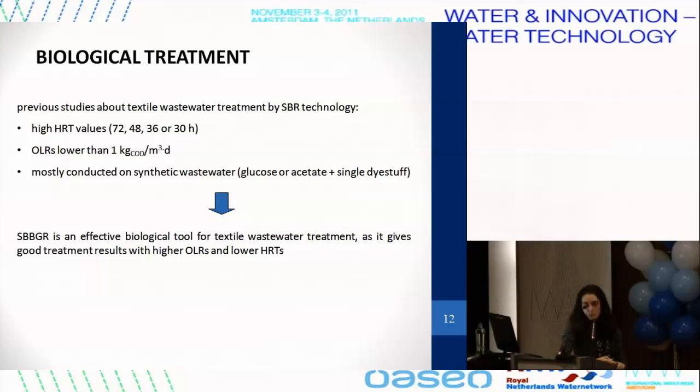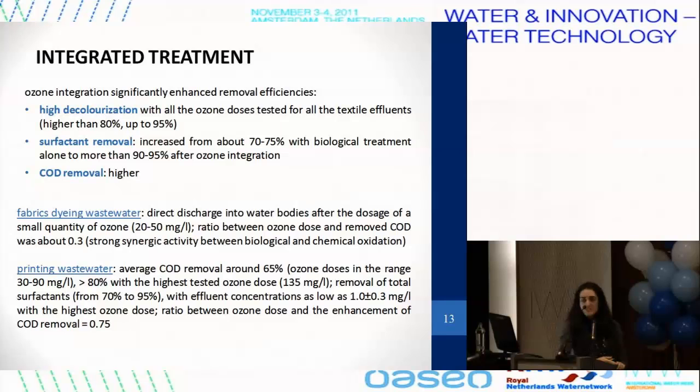with the real wastewater. Of course, with the integrated treatment, we were able to significantly enhance the efficiency with quite complete decolorization and surfactant removal, and of course an increase also in COD removal. And the best results were achieved with the fabric wastewater, for which it was possible to obtain an effluent for direct discharge with very low ozone doses, around 20–50 milligrams per liter. And what is important is that the ratio between the ozone dose and the enhancement in COD removal is around 0.3, so much lower than 1, which means that there's a strong synergetic activity between biomass and ozone in the degradation of